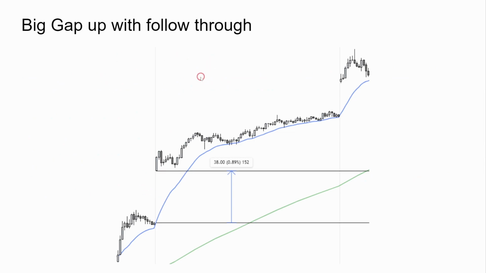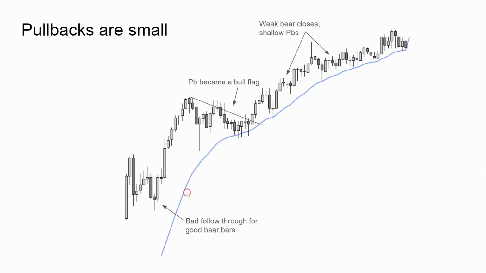Here's a big gap up with follow through. It's a 30-point gap up that's breaking out of the EMA, and then the market channels. All the charts are going to be the same bull trend, so we can understand it better. So the gap up was down here, and we get really good follow through, and the bears' pullbacks are weak. They're not getting follow through, so the market's buying above the EMA. Above the gap up